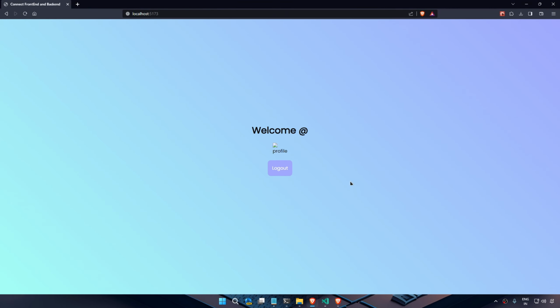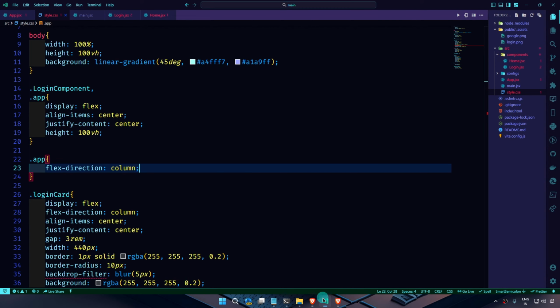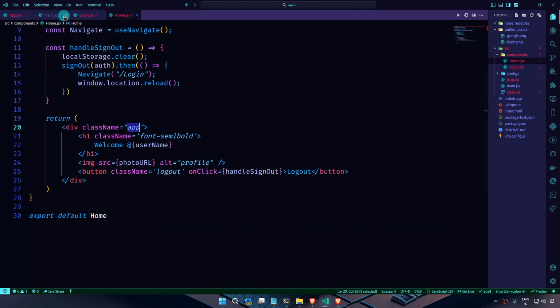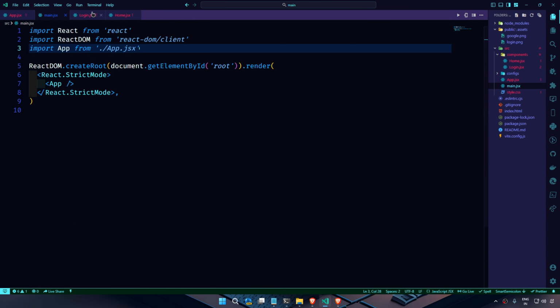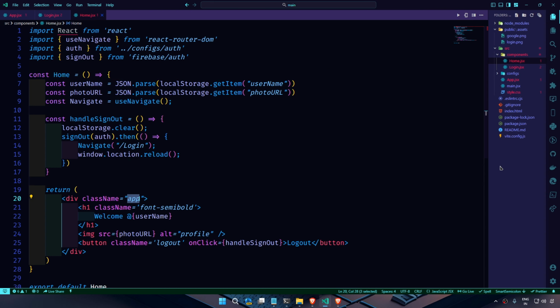So we have this welcome and this profile, but we cannot see it. We're going to add a parent component and manage all the files. Click on logout and it is redirected here. Now close this styling and close this main, and we are going to create another component here, parent component